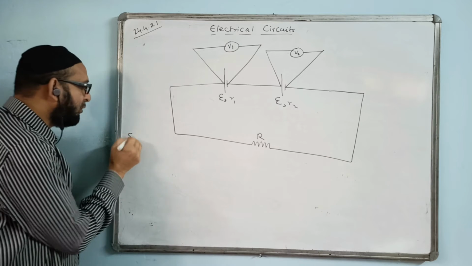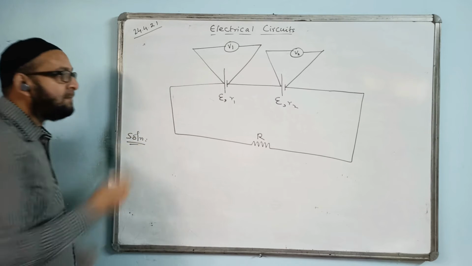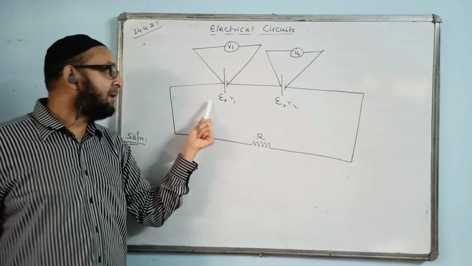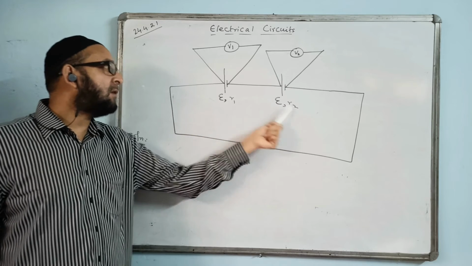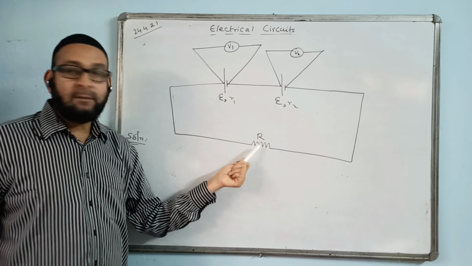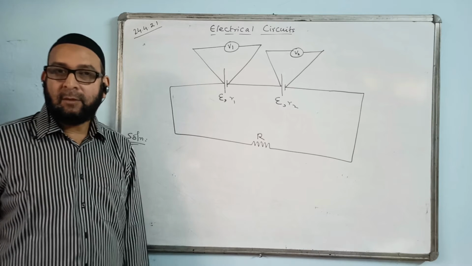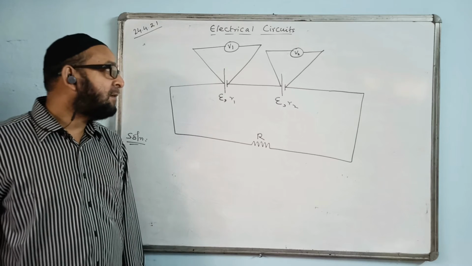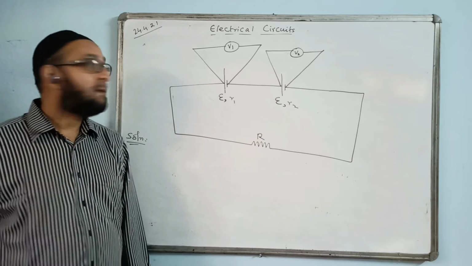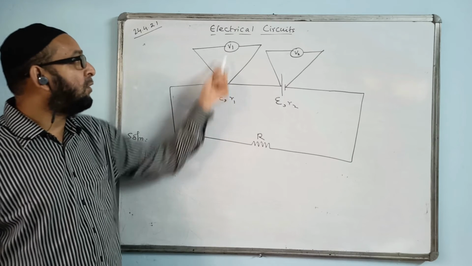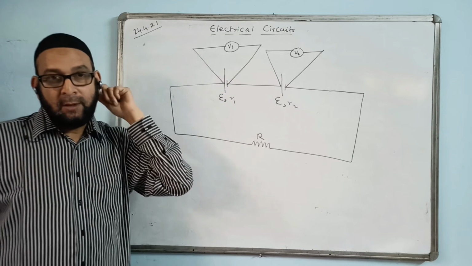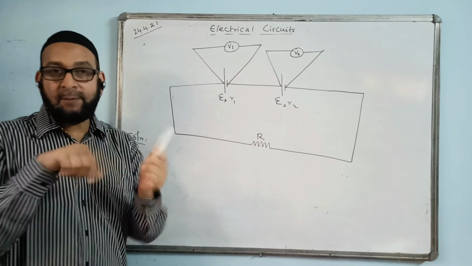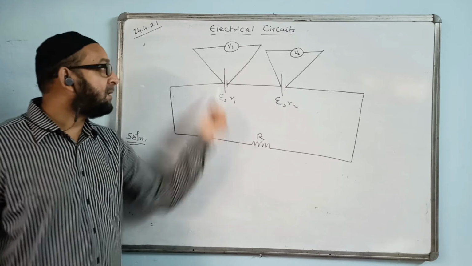Now we'll find the solution. They have given a figure in which two cells having the same EMF E and E but different internal resistances R1 and R2 are connected in series with an external resistance capital R. First, the clue given here is that the voltmeter V1 reads 0. A voltmeter always reads terminal voltage, that is, the V1 value is 0, the terminal voltage across this cell.